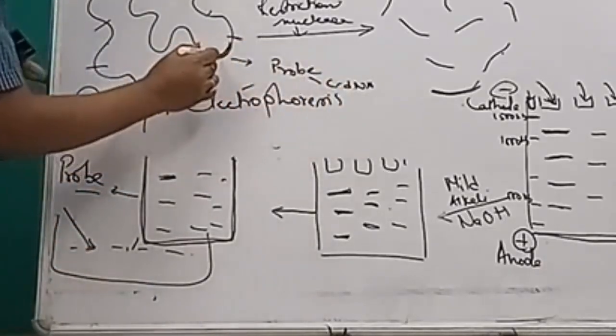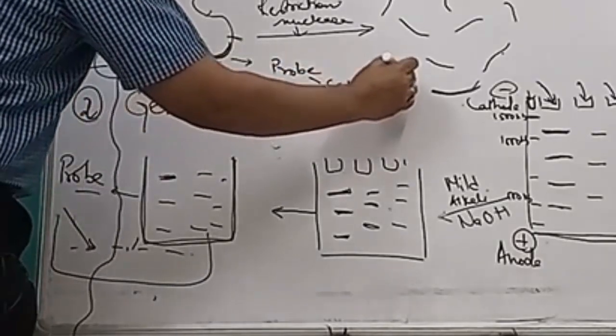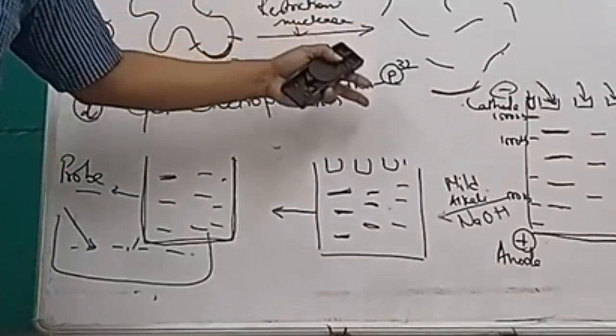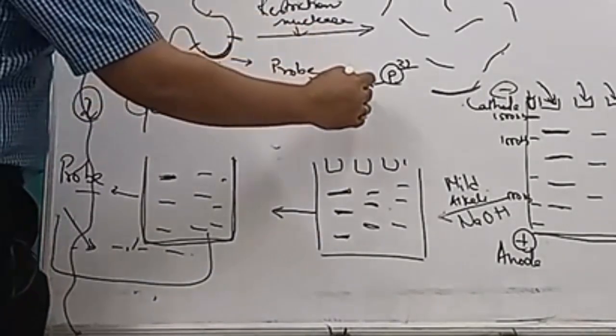We are going to immerse it here, and here, and what we are going to do is put the probe. This probe is nothing but the complementary DNA of this particular gene of interest, isn't it? They are tagged by P32, so they are radiolabeled. They can be radiolabeled, they can be fluorescently tagged. This varies from place to place, what they use. So the radiolabeled complementary DNA we are putting it here.